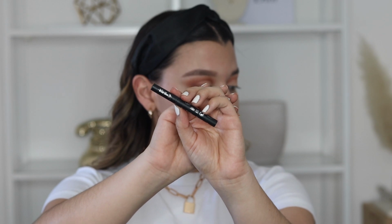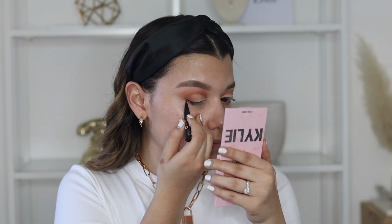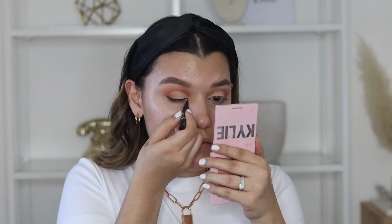Now I'm going to go ahead and do some wing liner, and I'm going to do a very, very small wing because I don't want it to be too dramatic to take away from the look that we're trying to accomplish. So I'm going in with the Kat Von D tattoo liner. I always like to shake it up before I use it. And I like using this liner because it's very easy to maneuver and control. I got a tiny bit of liner on my lid space, so I'm going to let it dry a little bit, and then I'll take a Q-tip and...